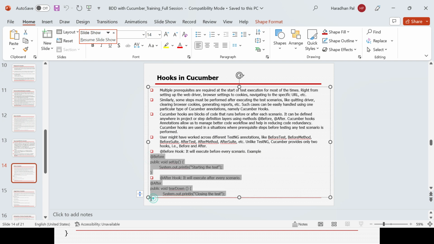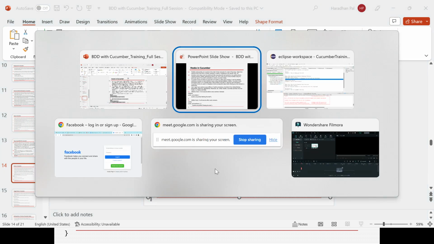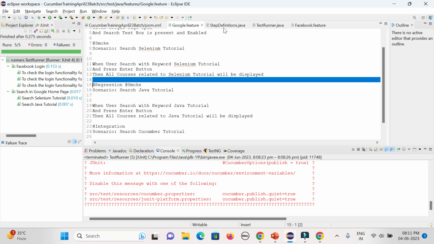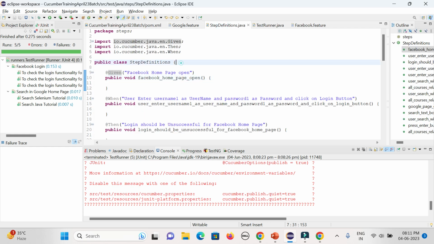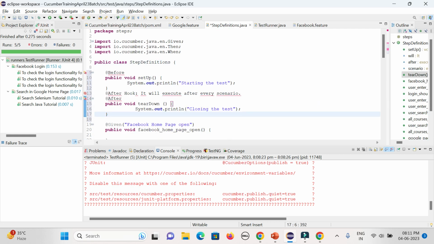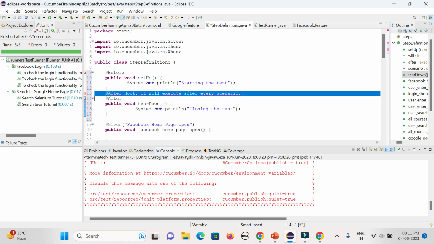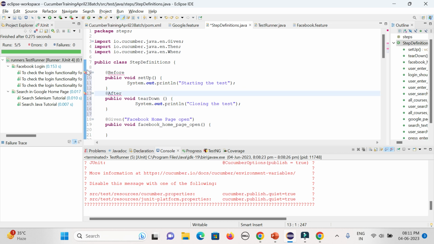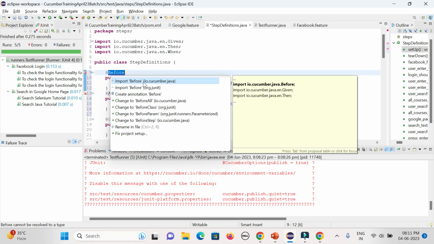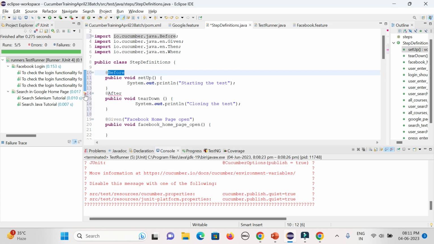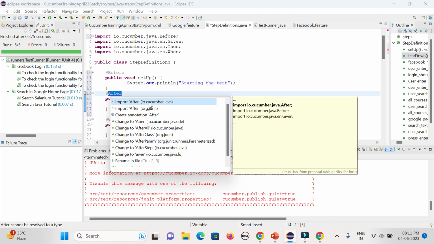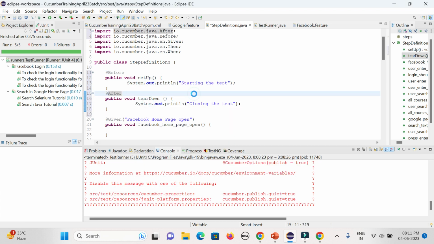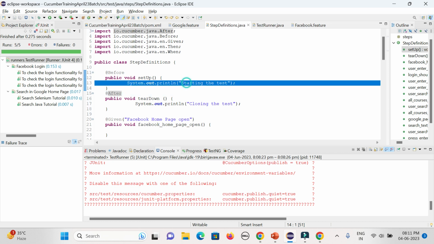These two hooks. So what will happen? For all the scenarios, these two hooks will be executed. You can simply add those hooks in the step definition class. Okay, so that part I can remove. I need to import the before and after hooks from io.cucumber.java, because those hooks come from cucumber. So now if you write the before hook as a setup method, you can have all your WebDriver method